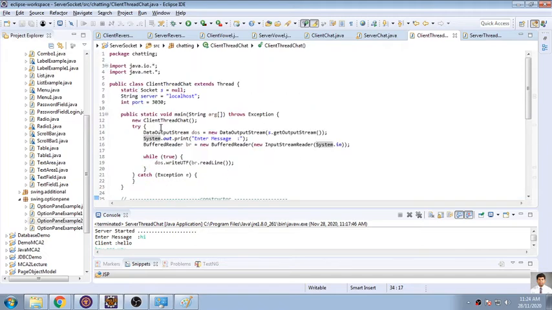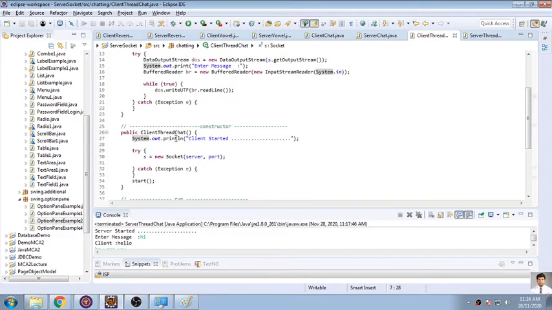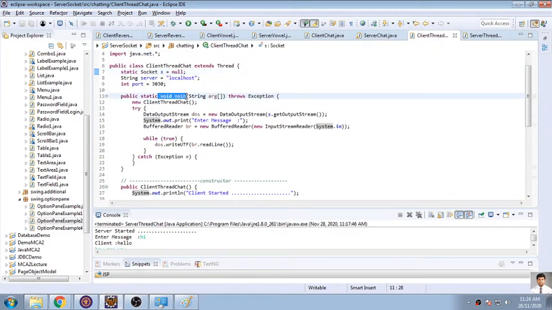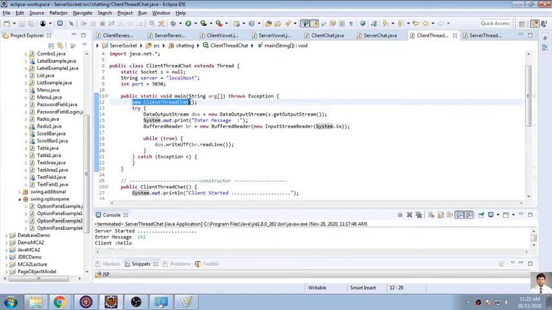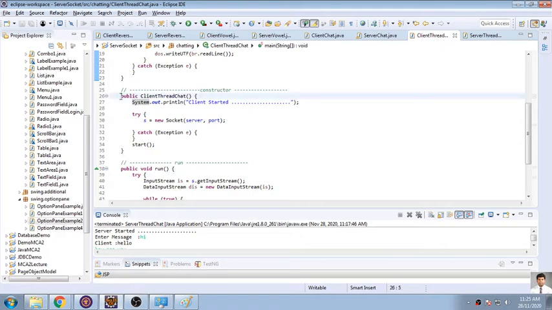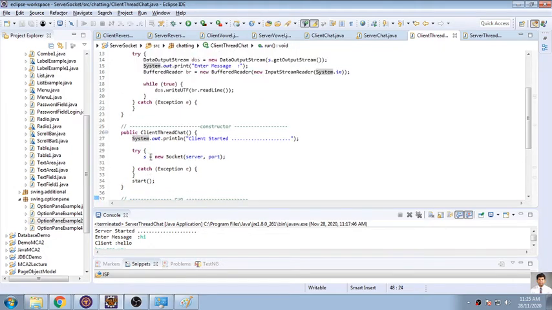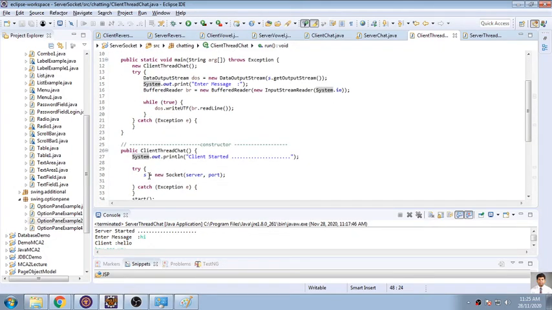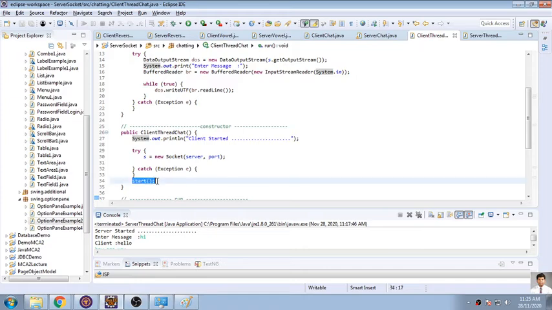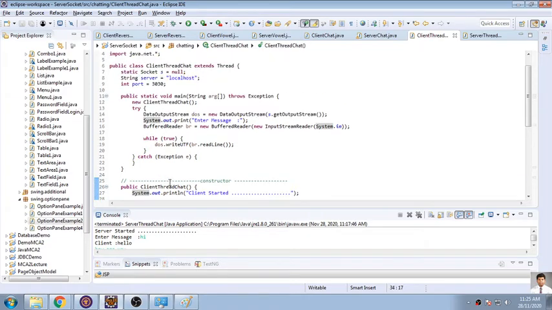So start means what? Here I have extended a thread feature. It means I will be dividing my main thread into two different threads. What will happen is that one thread will be calling this constructor, and after calling the constructor it will divide immediately and ask the run function to start. Then the main thread will give control to your run function, that is a thread, and it will come back and continue its work with its main thread again.